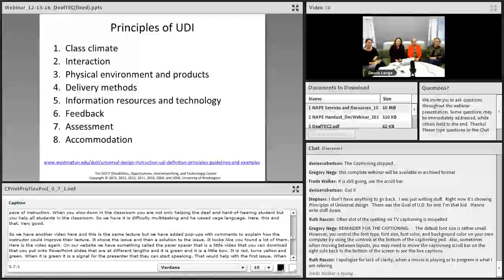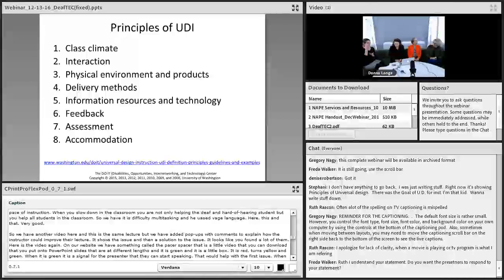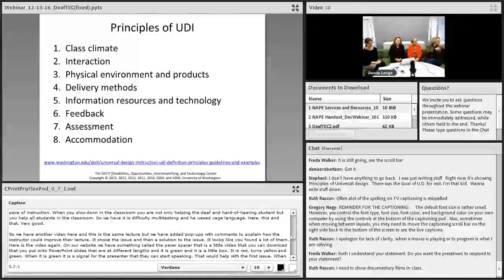There are eight principles of universal design for instruction, and as you're looking at resources throughout the internet on the web, you'll see variations of this. I am taking this information from the DO-IT Center in Seattle, Washington, and again, the resources are there for you. So let's look at this, and we can tie these eight principles back to that lecture we saw in the beginning of the webinar. So the first, class climate,